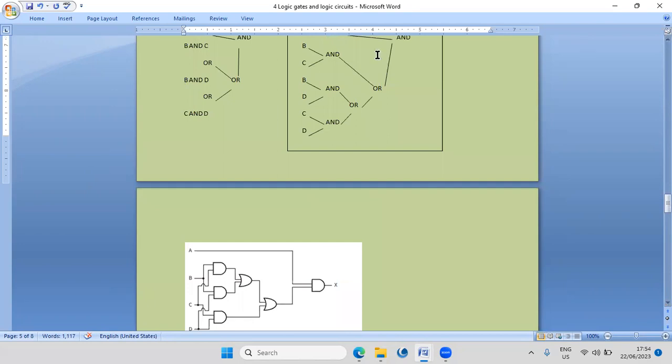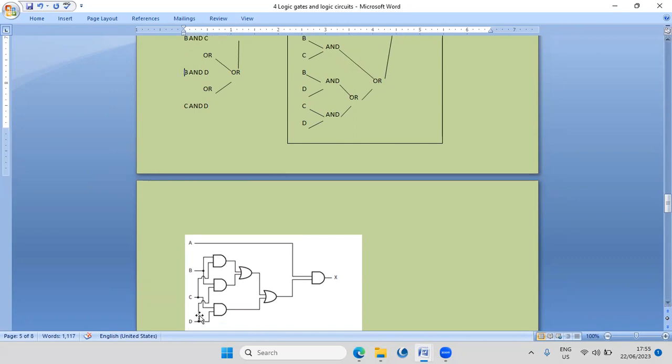A is coming from there. You can see that. B and C for this AND gate. Then this AND gate for this second one, B and D. B coming here like this, and then D coming from here. D is going like this. Remember that you have to put it like this, not like